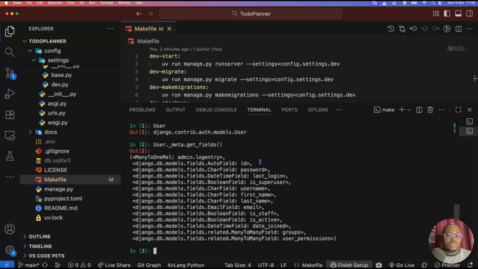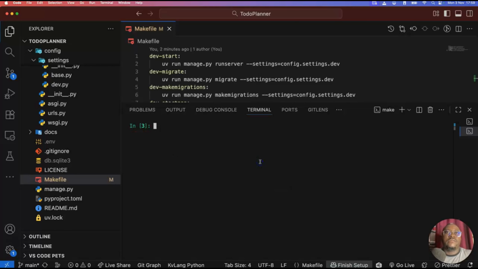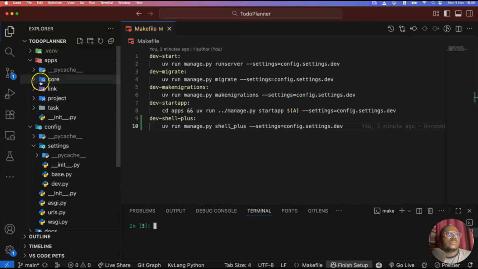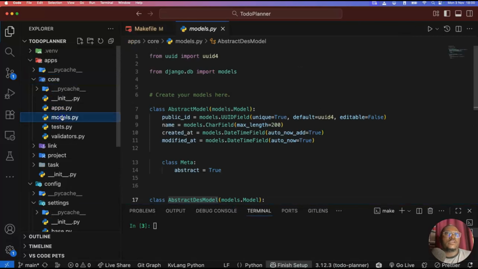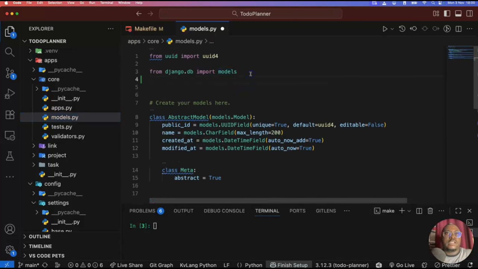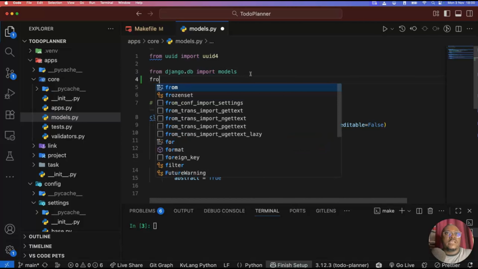All right, so what I like to do is to import that particular class in my VS Code, then I try to verify the source code. So what I'm saying is, let's say for example, I'm going to go to the core, and in the core I'm just going to import the user model here just for testing purposes. So I'm going to say from